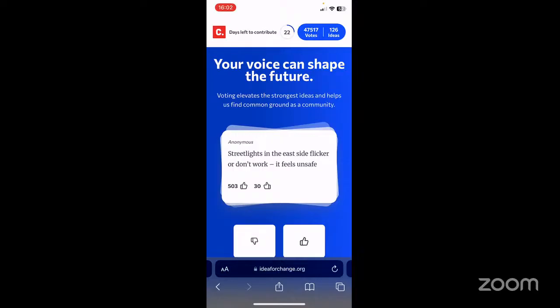But this seems like a more direct connection in the sense that if I'm seeing other people's ideas, that means other people are seeing my ideas. And it also makes me feel like, okay, maybe I want to go back and make my idea a little better. I submitted the idea without knowing. I think looking at other people's ideas makes me want to either refine it or think of some other suggestions for my city that I think would actually really help.